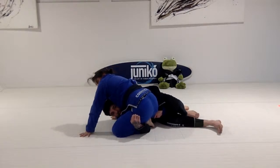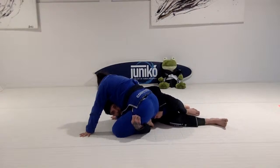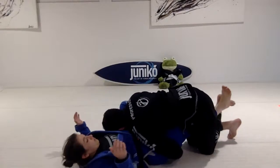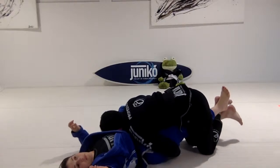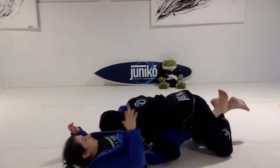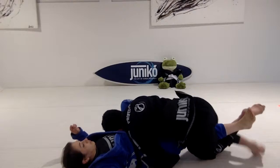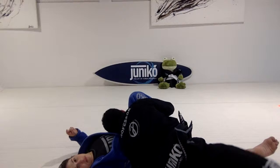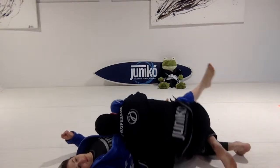Now I have my left foot trapping her foot, and then I can extend my right leg, and then I'm gonna use my speed, my explosion, to turn to belly down. There is no space again. I have my chest on her leg. So I'm gonna extend my body, moving my hips down, putting the pressure on her knee. If you're not, I'm gonna keep turning my body, put my butt on the floor, step back with my right leg, bring my right knee behind her leg, and then walk to my right side,